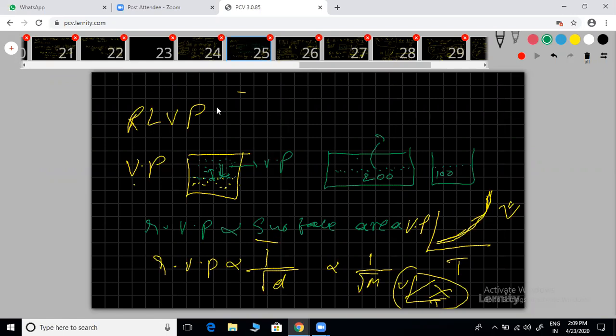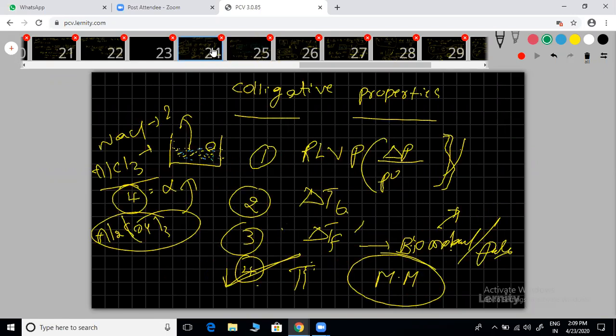See here next. These are the colligative properties. Mainly we use this for calculating molecular weights of polymers or biomolecules. Clear? This is the main thing. So you have a total of 4 colligative properties. Keep only these 4 in mind: osmotic pressure, depression in freezing point, elevation in boiling point, relative lowering of vapor pressure.